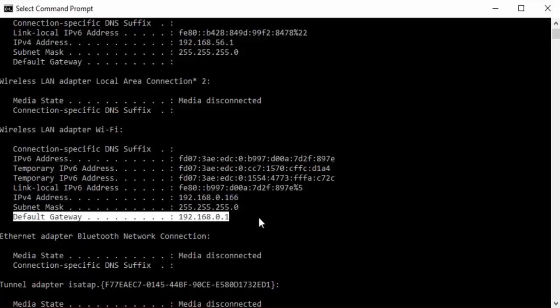All the home routers, if you look at all the private IPs, they will generally start with 192.168 because all the manufacturing companies and all the routers that you get in the market are using the 192.168 series only. And by default, 192.168.0.1, the starting series with 1 at the end, will be by default reserved for your router.